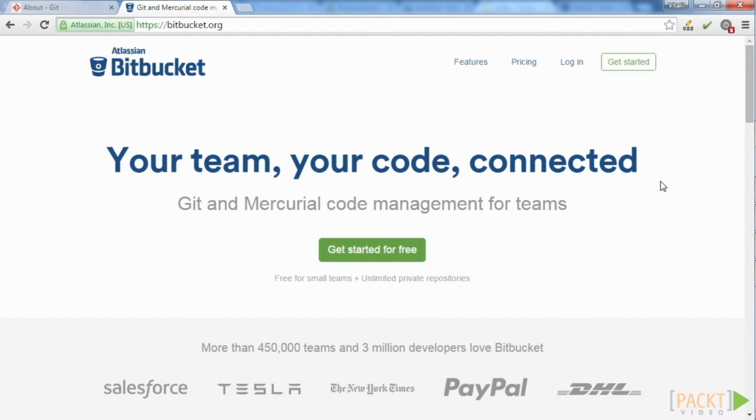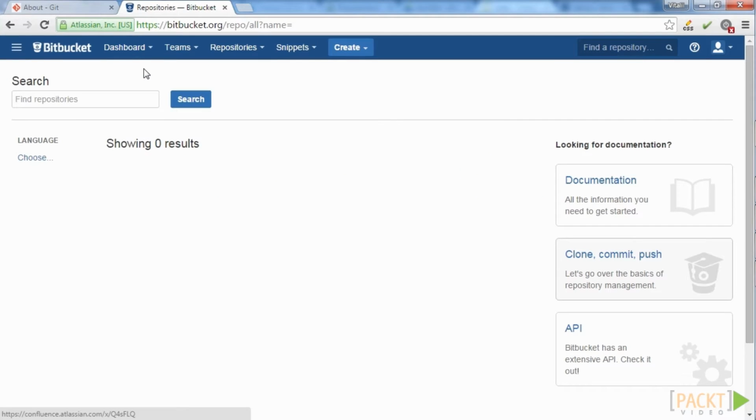So let's create a repository on Bitbucket for our high-load Yii application. If you don't have a Bitbucket account, pause the video and create one right now. Trust me, it's very easy. Now that you have an account set up, let's create a new repository. Click Create button at the top menu bar. Choose Create Repository option and you will be moved to